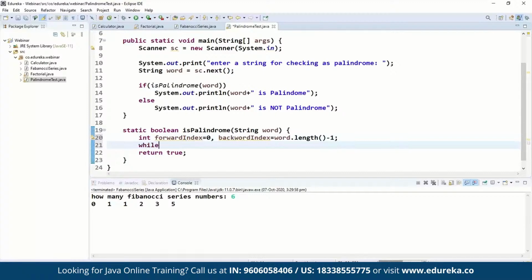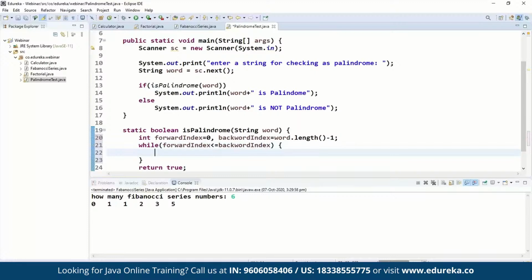So let's say while forward index should be less than or equal to backward index, till there you have to do the process. So forward index to be increased, and backward index to be decreased. 6 should become 5. So forward index should be increased and backward index should be decreased. So what to do? Get the